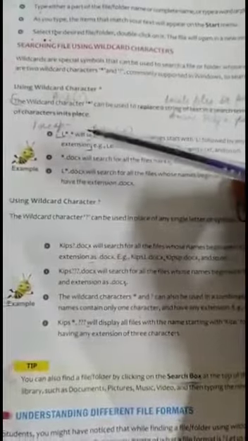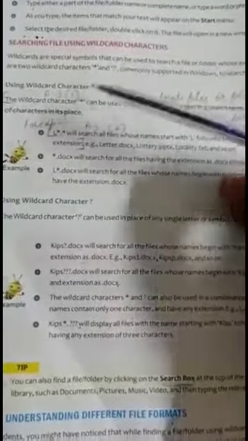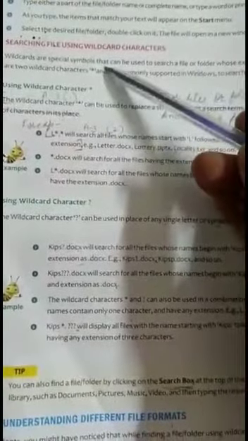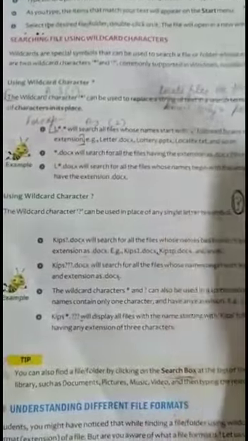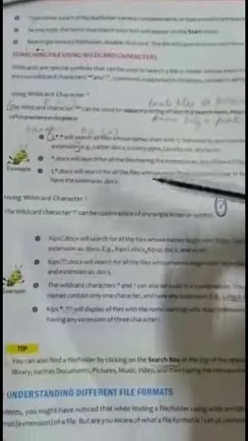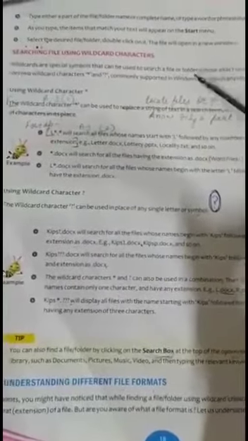Before starting the searching using these characters, wildcard characters are special symbols that can be used to search a file or folder whose exact name you do not know. There are some times when you couldn't remember the exact name of the file or in which folder or drive your file is located.